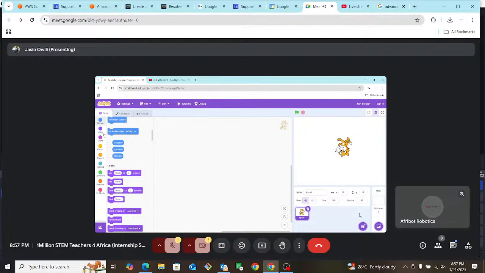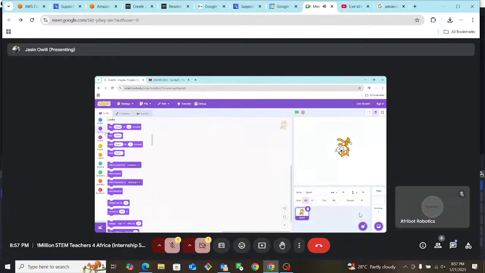So I'll go to looks. So under the looks palette, we have different blocks as well. These are things that, if you want your sprite to look like it's doing something, like for example, I want it to look like it's saying hello, you could edit that part and make it say something else. You could time it, say hello for this period of time, or just say hello and maybe stick there. You can see it's there forever, and make it look like it's thinking.